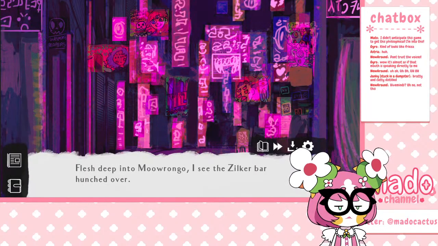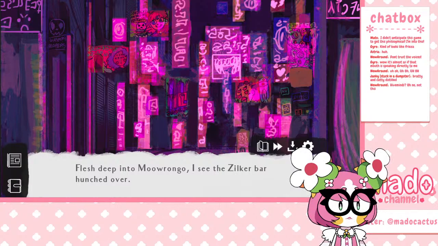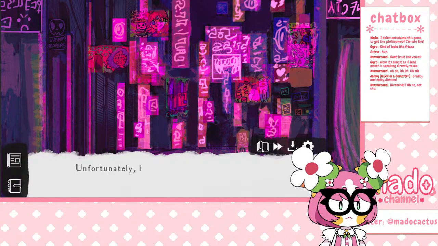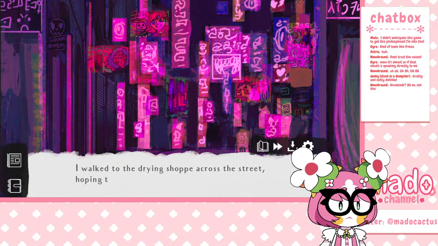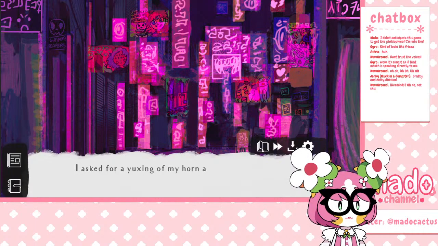Flush deep into Murongo, I see the Zilkal bar hunched over. Just as I walk up to the entrance, I notice a sign. Unfortunately, it says that they're closed. I walked to the drying shop across the street, hoping to just cool down. I asked for a using of my horn and a drying of my